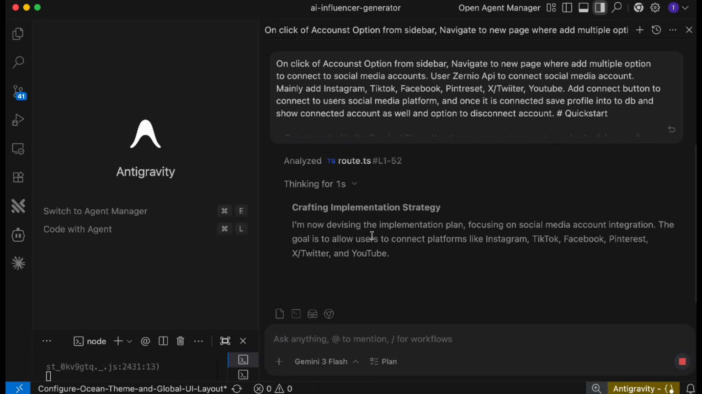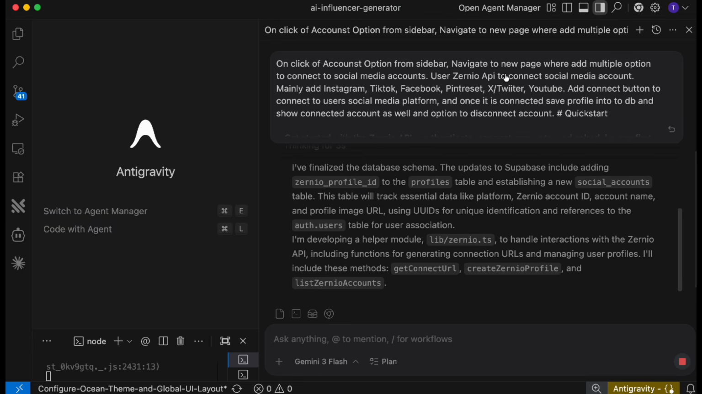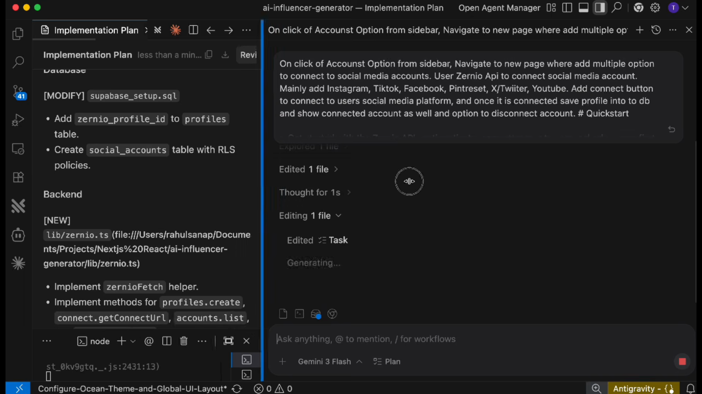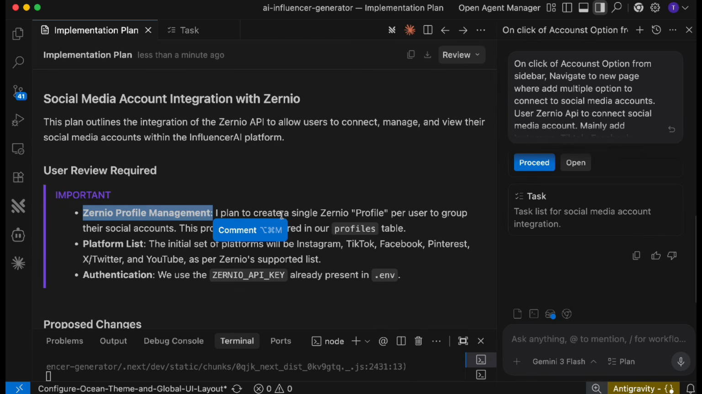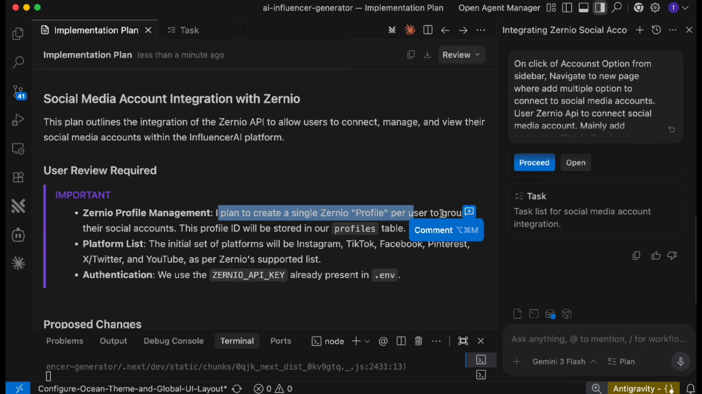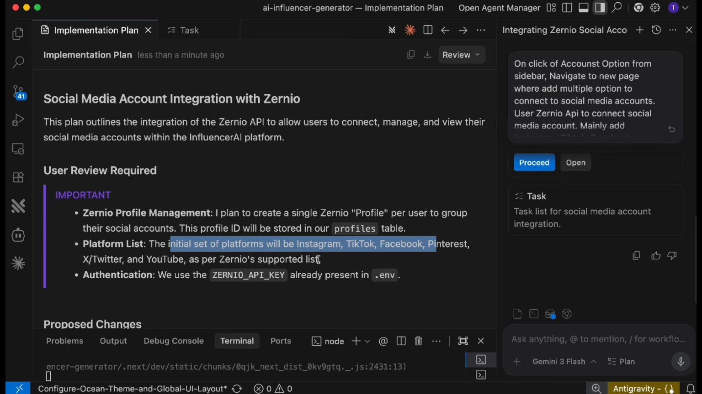Okay, now here we'll wait for the implementation plan, and now if you see, our implementation plan is now ready. So at the top it's saying Zernio profile management: I plan to create a single Zernio profile per user to group the social accounts, and this profile ID will be stored inside the profile table. Then we have the platform list, so the initial set of platforms will be Instagram, TikTok and all of these things, and